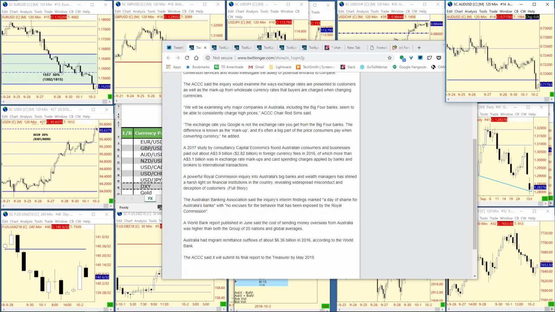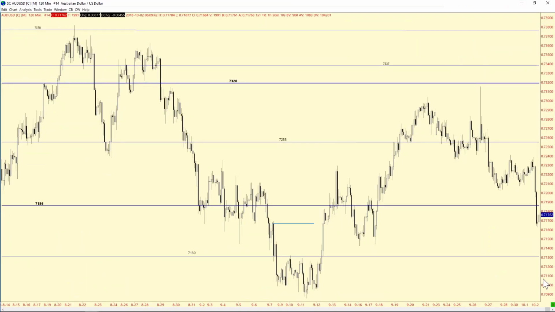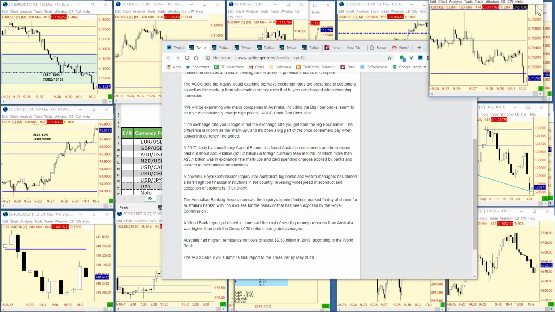Wow, so pretty interesting to see how this may impact. This is probably more to do with the dollar, but certainly it looked like we were hanging on and all of a sudden the bottom came out. Let's go on and move in now to the sterling.